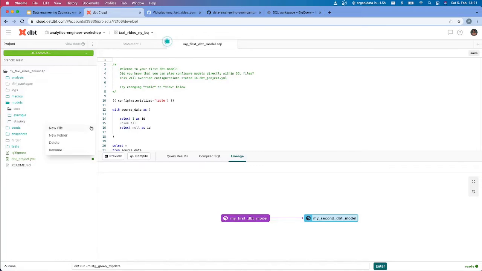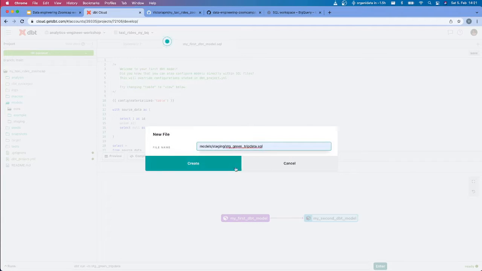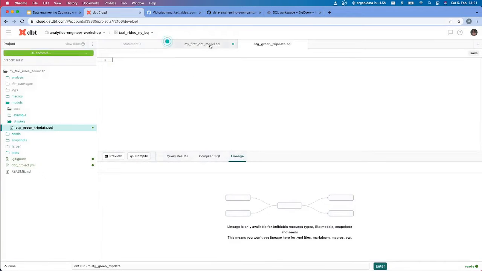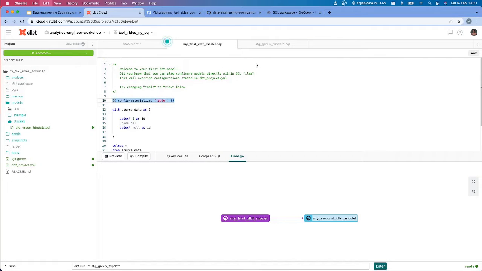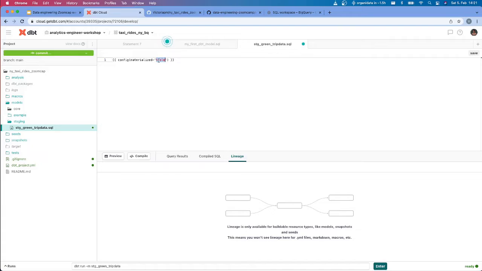So under station, I'm going to create a first model. So a new file. We're going to call this station green_trip data.sql. And in here, we can already copy the config block. We're going to define a view, not a table, because we want these station models to all be views, so we don't have the need to refresh them constantly, but we would still have the latest data that has been loaded. And in here, what we want to do is basically something like a select star from trip data all dot